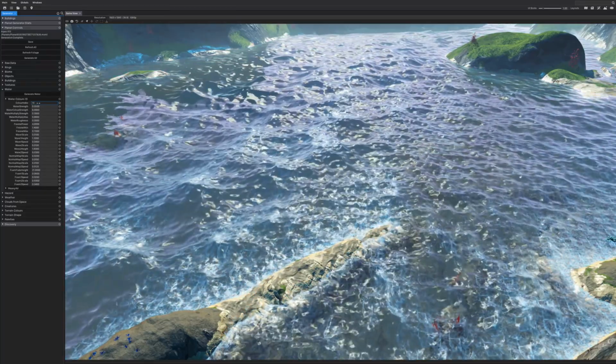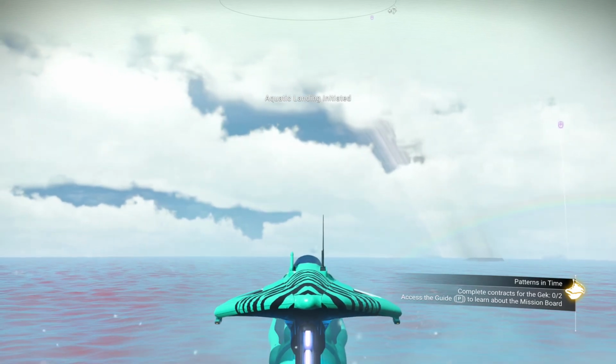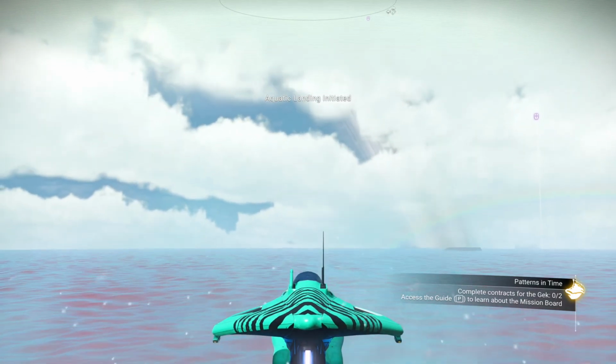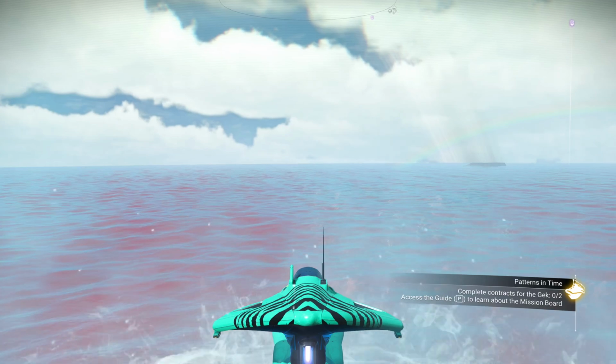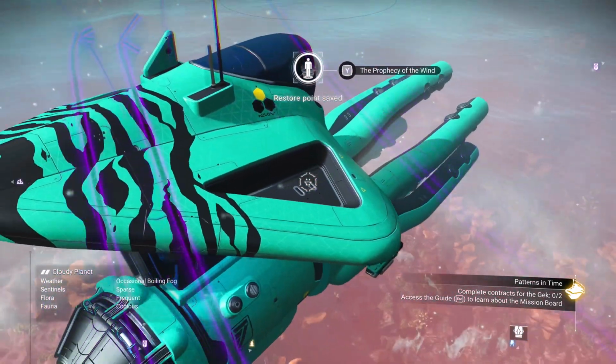significantly increased as well. Something that really stood out to me as a huge quality of life improvement is that starships can now be fitted with aquatic landing jets, allowing them to land or be summoned just above the surface of the ocean. Gone are the days of trying to build an island for your ship to land on after